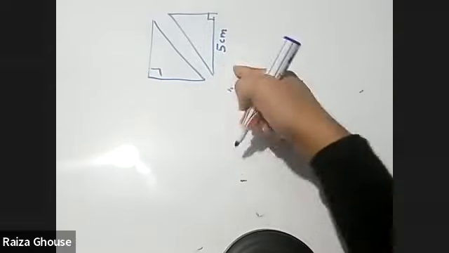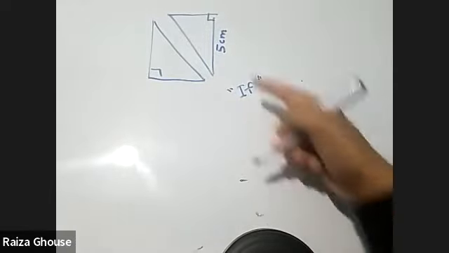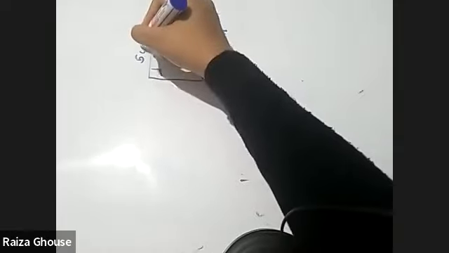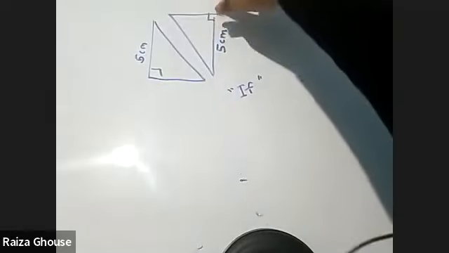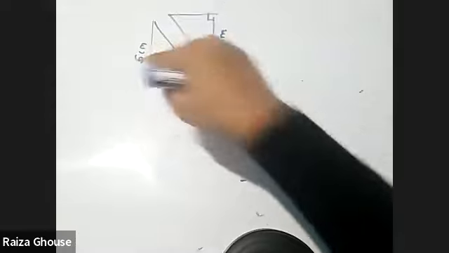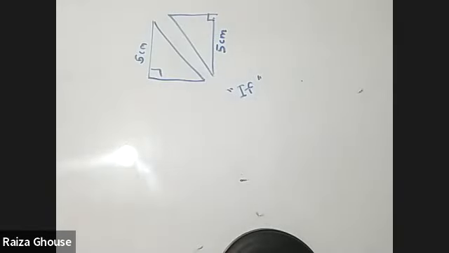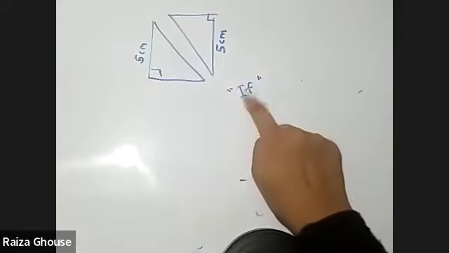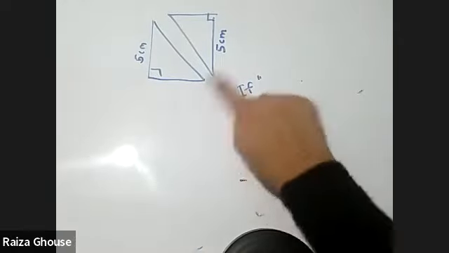If these two triangles are congruent, corresponding sides are equal. This particular side is equal to that particular side. It's true, right? If they are not equal, can I place this triangle? I can't place it. Only if they are equal can I exactly coincide it. Clear? So remember, if two triangles are congruent,